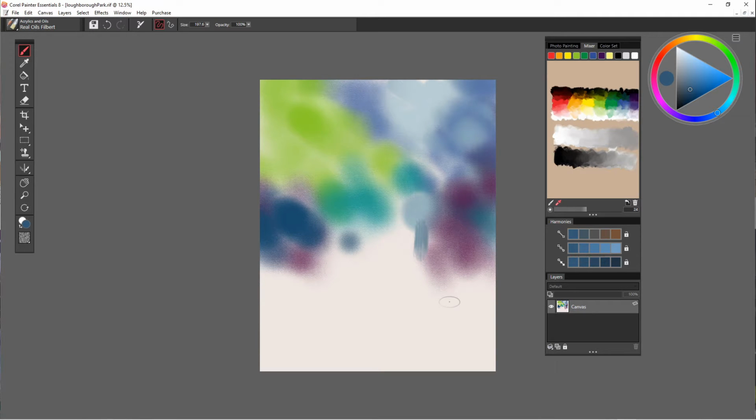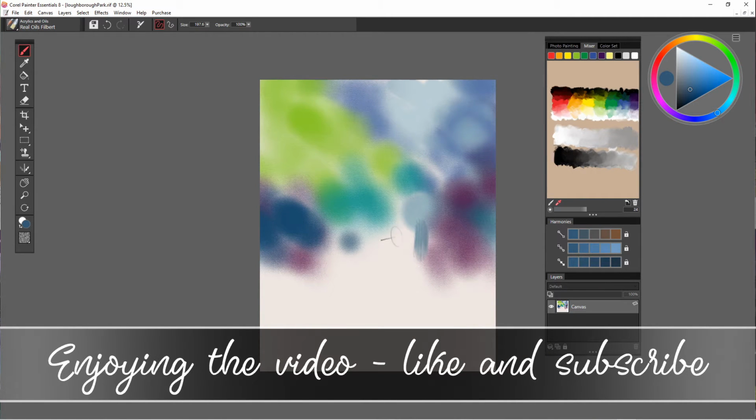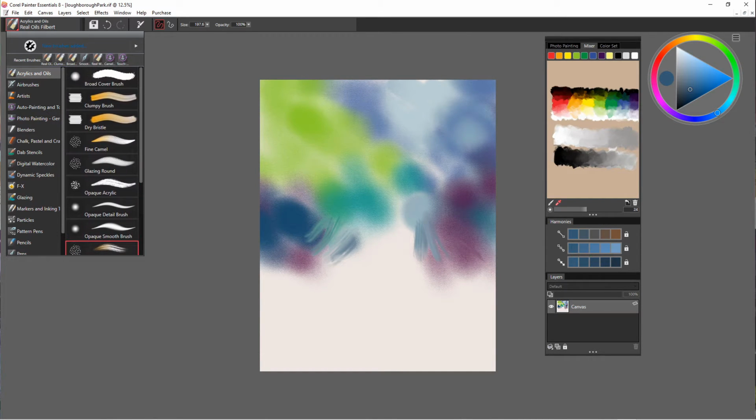I had to basically, in the end, shut the app down and open it up again, and now everything seems to be working. And this real filbert brush seems to be applying paint okay. So I am back in business. Yeah, but I'm not going to use that real filbert. I'm going to try the